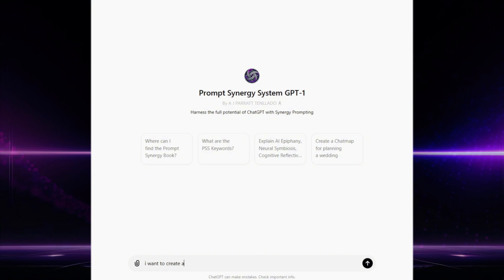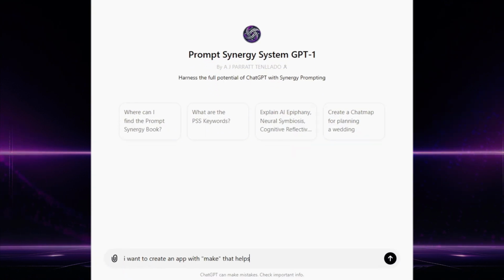Let's go with the next one, which I think is the best. You don't always have to ask to create a chat map at the beginning of a conversation. You can have a bit of back and forth conversation, set up some context beforehand, and then ask to create a chat map. I'm exploring how to create an app using Make, an app designed to help users discover ways